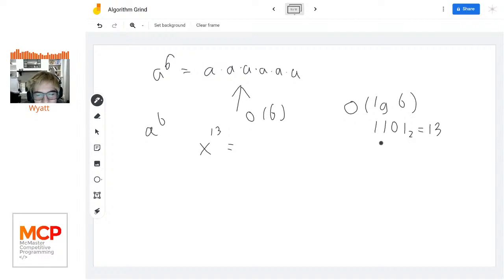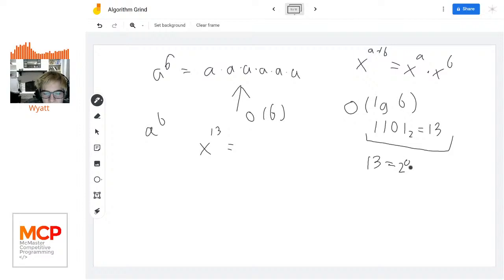This is kind of interesting, and it may not be clear why, but have you considered that if we ever have x to the a plus b, that's the same as x to the a times x to the b? And if we have a number 13 that can be represented in a binary representation like this, that means that 13 can be written as 2 to the 0 plus 2 to the 2 plus 2 to the 3. And that means, in the context of this thing here, here's where it gets big brain, that we can